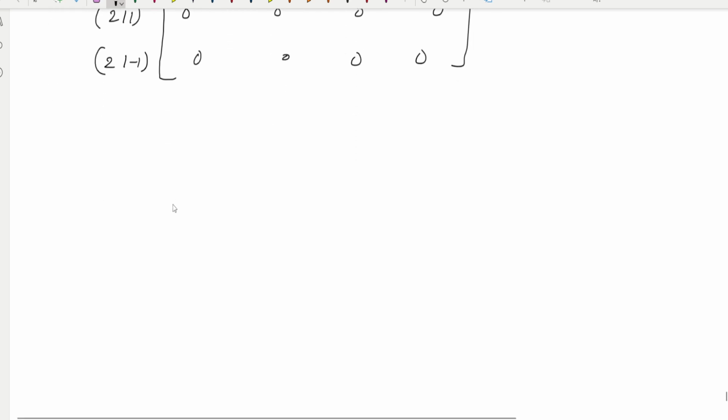So the determinant we can write like this. The secular determinant is then